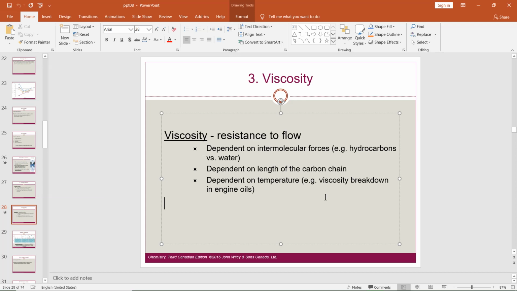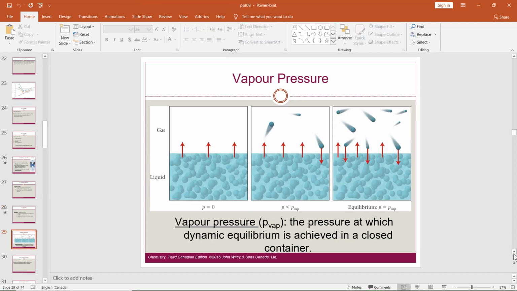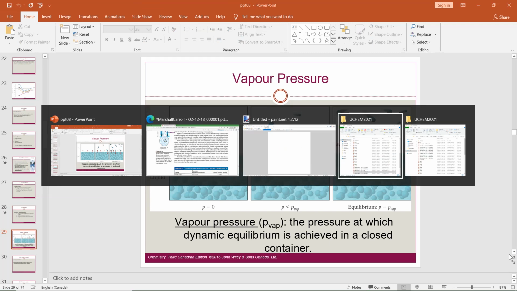Okay, do we have another slide here? Let's see, what's the next one? Oh, we'll get to vapor pressure in a second. So let's go back to